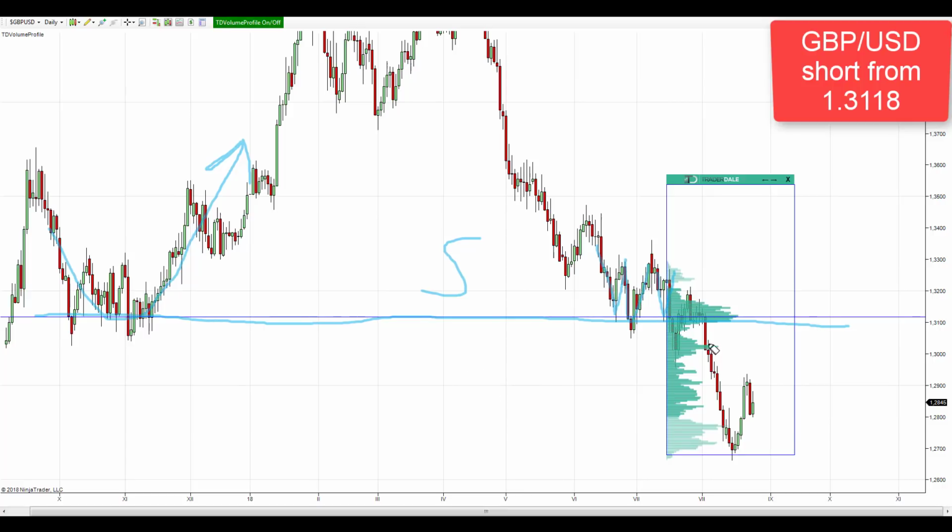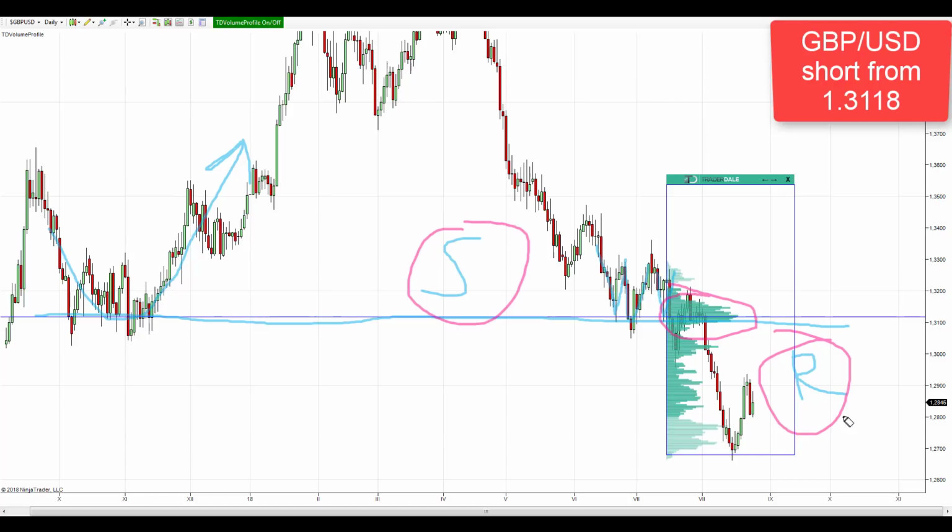When the price went past it, the level became a resistance zone. So not only we have the volume setup, but we also have the support becoming a resistance setup. I usually don't really like trading the pound, but when I see confluence of setups like this, then I'll happily